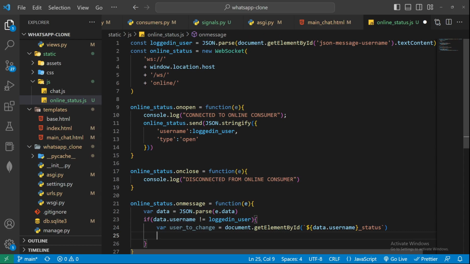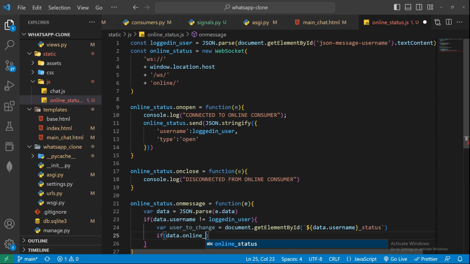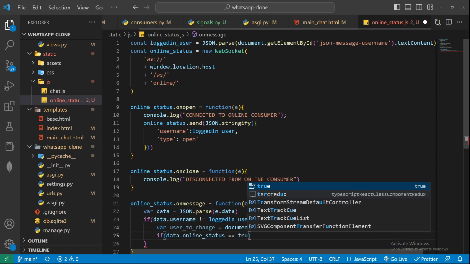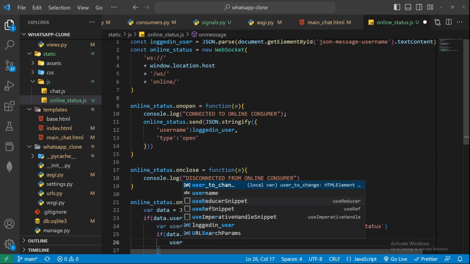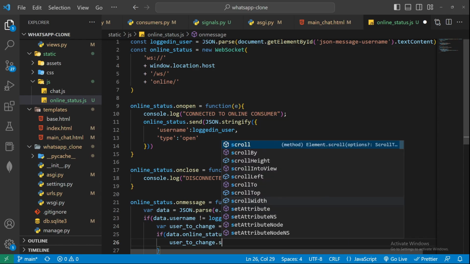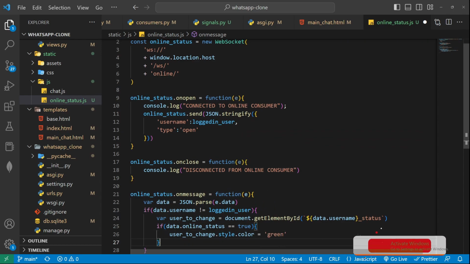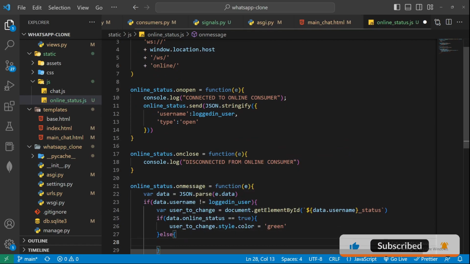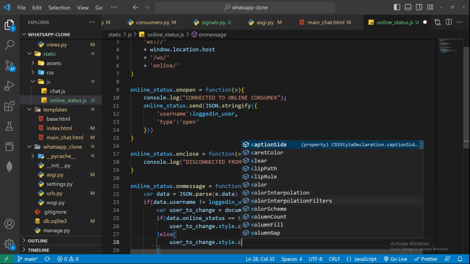Now we are ready to check if data dot online status equals true, then user to change dot style dot color equals green,